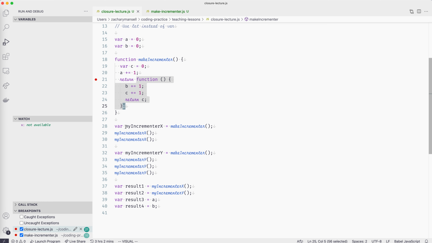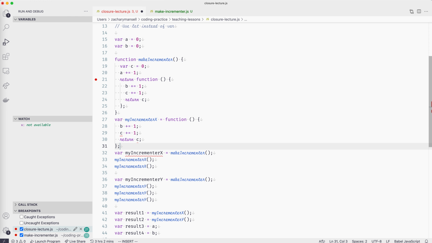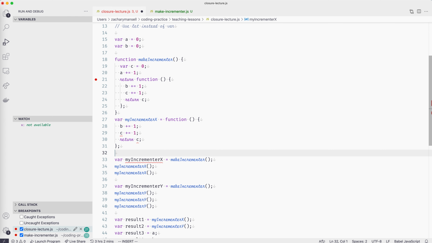So what does that mean? It means that myIncrementerX is literally equal to this. So how would that look? It's kind of like we did something like this: var myIncrementerX is equal to that. That's kind of what we're doing here. We're basically saying myIncrementerX is equal to this function. Now,